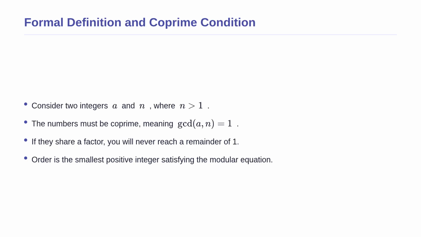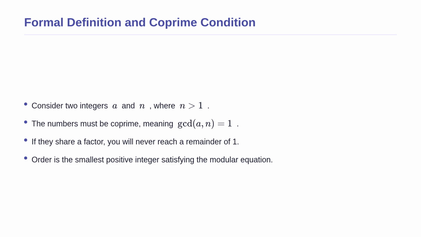Building on that circular track analogy, let us look at the formal mathematical definition. Suppose you have two integers, which we will call a and n. We require that n is strictly greater than 1 because a clock with only one position simply does not make sense. We also require that a and n are co-prime. This means their greatest common divisor is exactly 1. They share no common factors other than 1. This condition is absolutely mandatory. If a and n share a factor, your multiplications will get stuck in a subloop and you will never reach the number 1. If they are co-prime, the order is defined as the smallest positive integer that satisfies our core